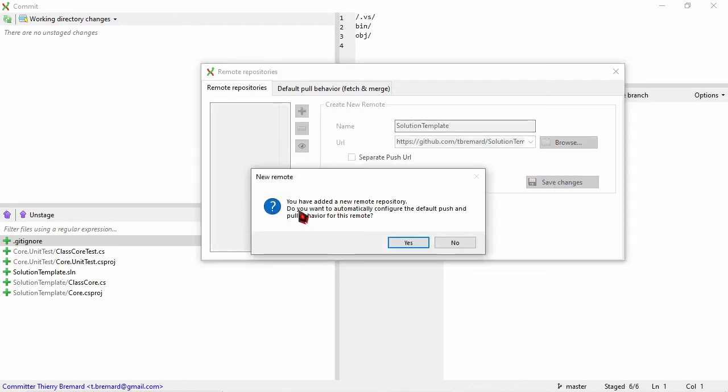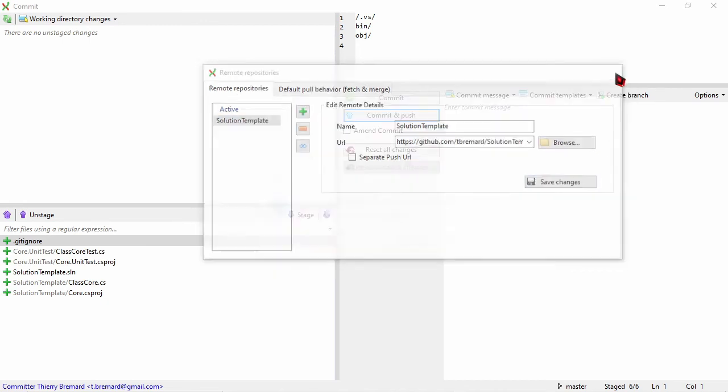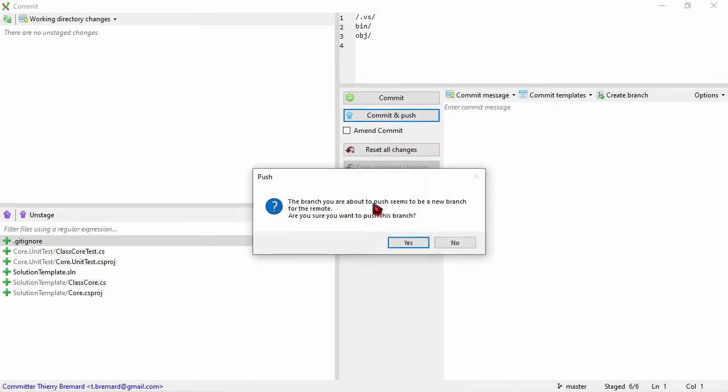You have added a new repository. Do you want to automatically configure the default push and pull behavior for this remote? Yes. Okay. Then save the changes, then close. The branch you are about to push seems to be a new branch, of course. There is nothing yet.